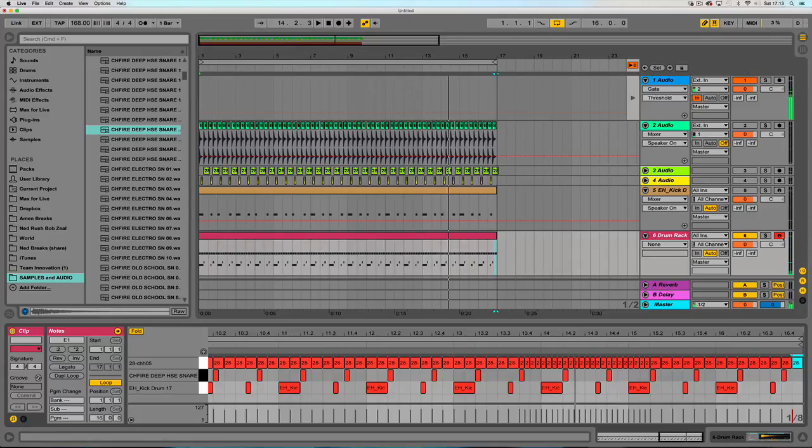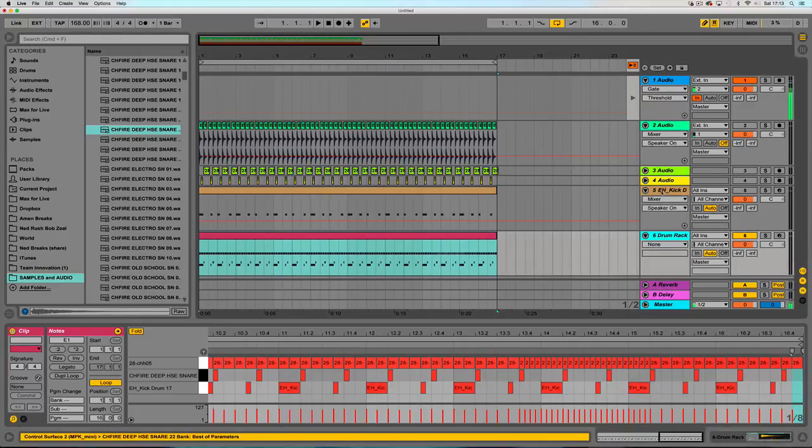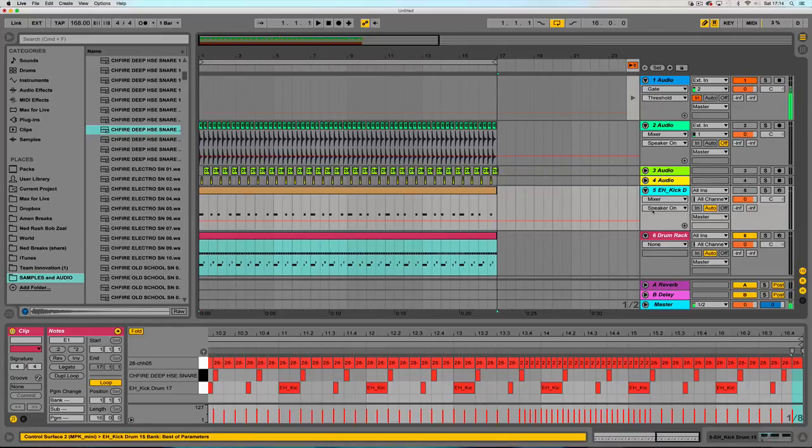Annoying. Right, so now we've got all our MIDI information on one clip, which for me will be a lot more organized. If I want to program some drums that have a lot of variation, I don't want to be moving between lots of different clips. Where's my snare MIDI? I want to put a little fill in somewhere or whatever. Yeah, I suppose I could do that, but